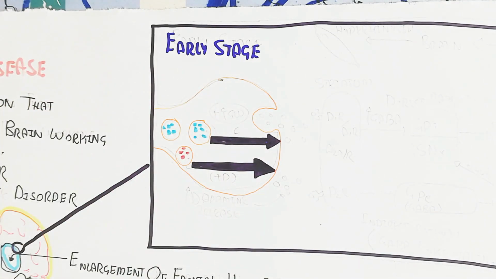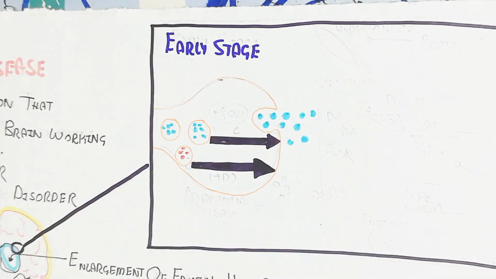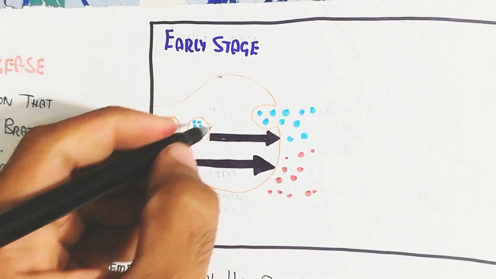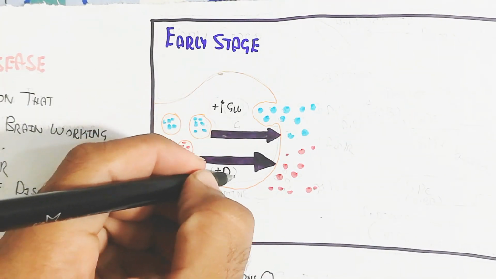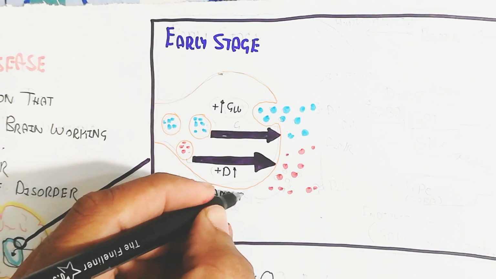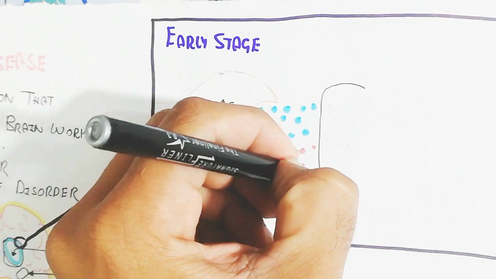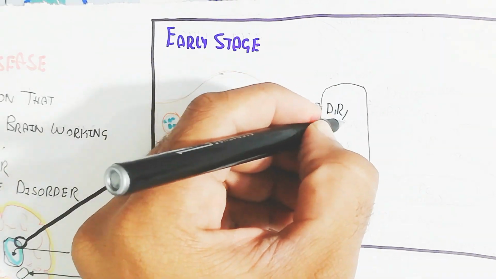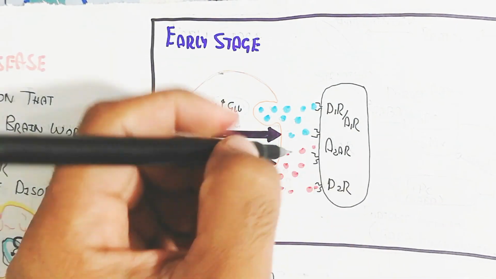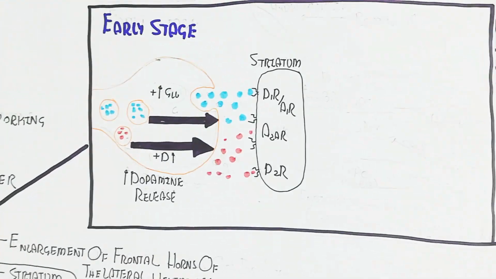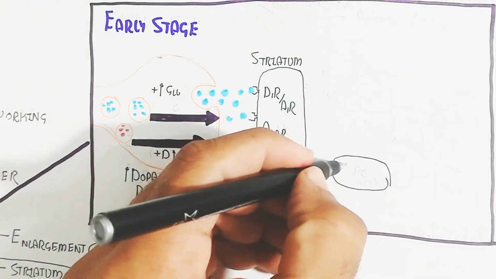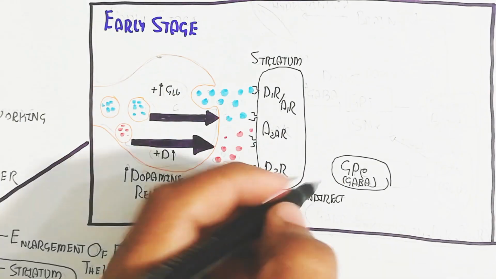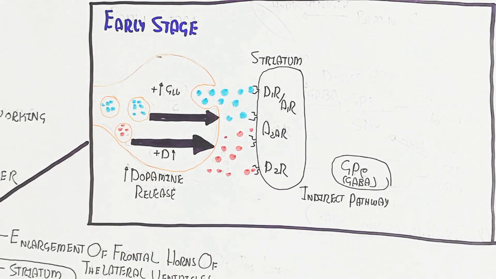and in this way the dopamine will release more in the interneuron, and in this way more glutamate is also released and will target the striatum, because the striatum is important for emotional control, muscle movement and some other things. So the striatum basically contains receptors, this is a neuron in the ganglia which contains D1 receptor and A1 receptor, A2A receptor, the adenosine and the dopamine receptor, and the dopamine 2 receptor, which